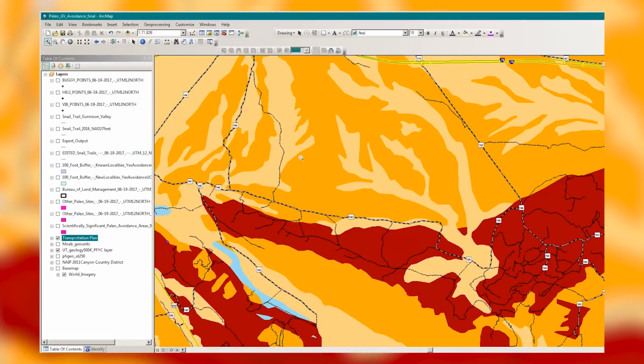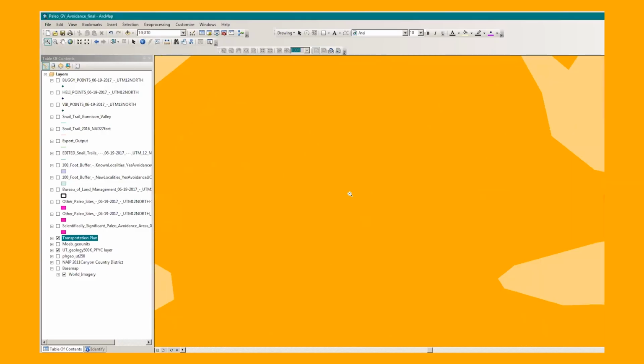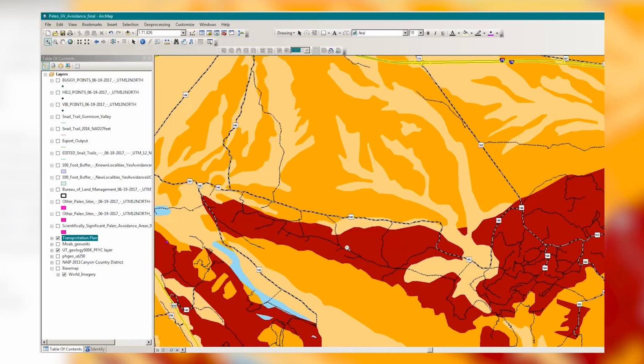Land managers can use PFYC in a very simple way. Some areas have a very low potential, little chance of finding fossils there. Some have a very high potential because of past research work that's been done. The PFYC rankings are based on literature work and research work that's been done for over 100 years. Being able to look at a site prior to going out allows us the opportunity to hopefully route